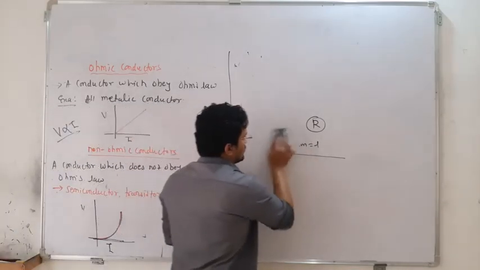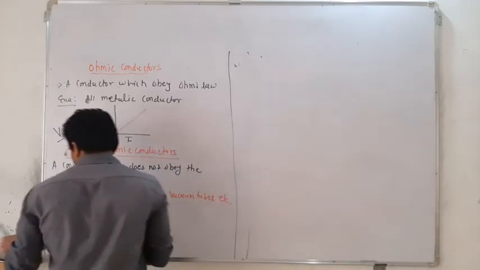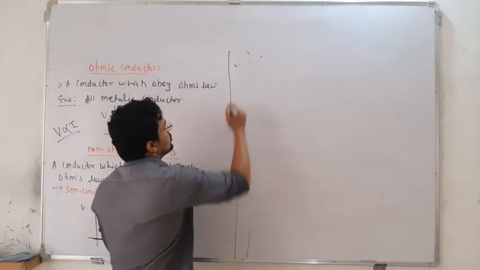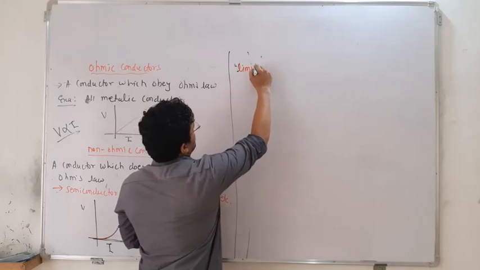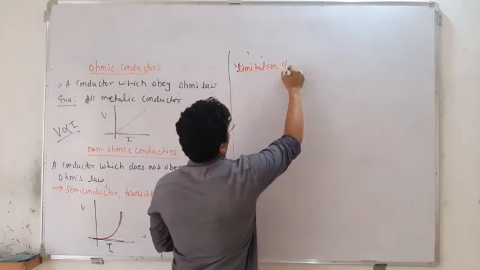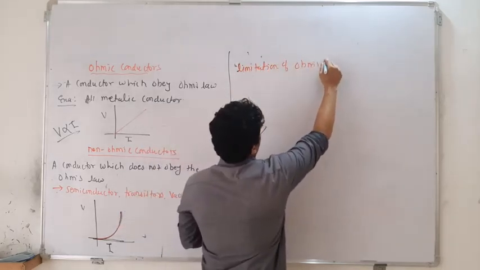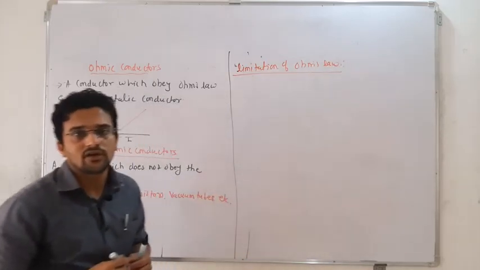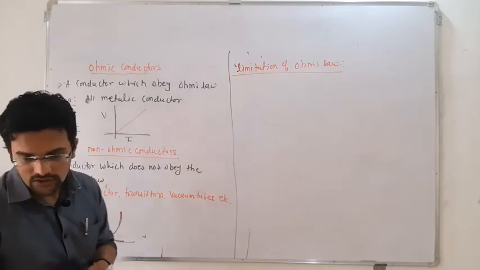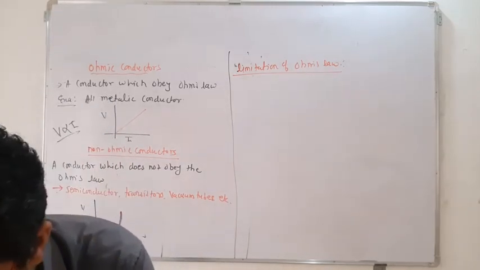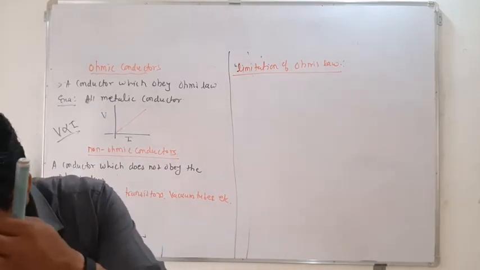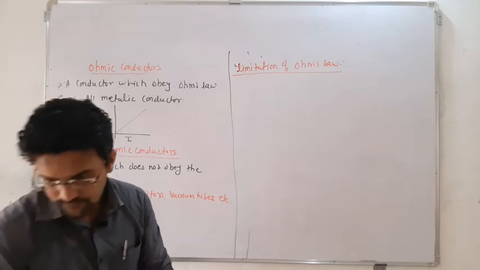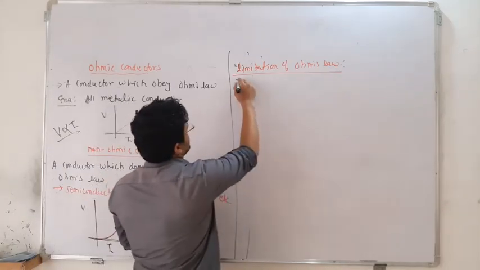And next, for Ohm's law, you can have limitations of Ohm's law. That means, what are the limitations of Ohm's law? Definitely for 3 marks it is going to be asked. So the first one is what? It is